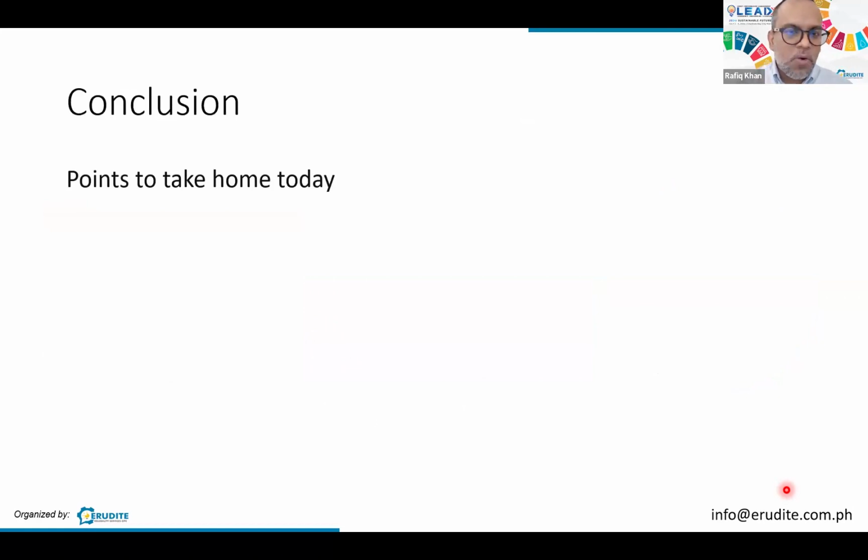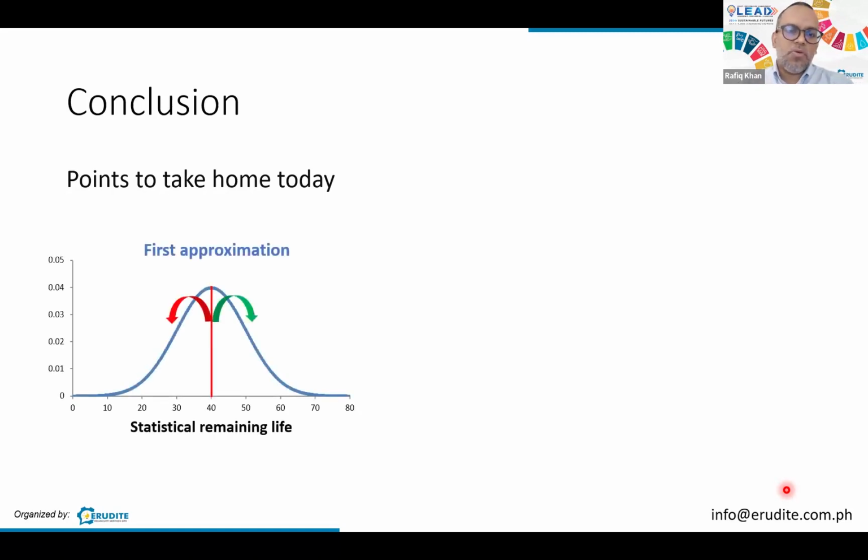So we are now at the conclusion part of our presentation today. I would say that we discussed quite a lot of topics for this 1 hour presentation. But what's nice is that you can take home some value, some points from our discussion. And later on, if you are interested, you can approach Erudite or any other training providers to look at the specific questions that you have related to your problem in your organization. So I'm sharing with you the first one, what we looked at early on.